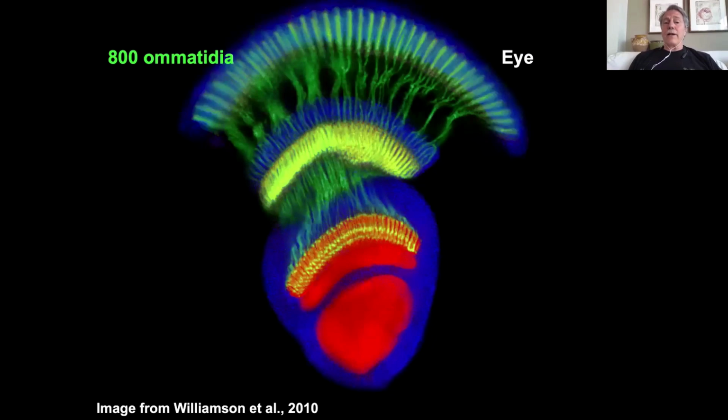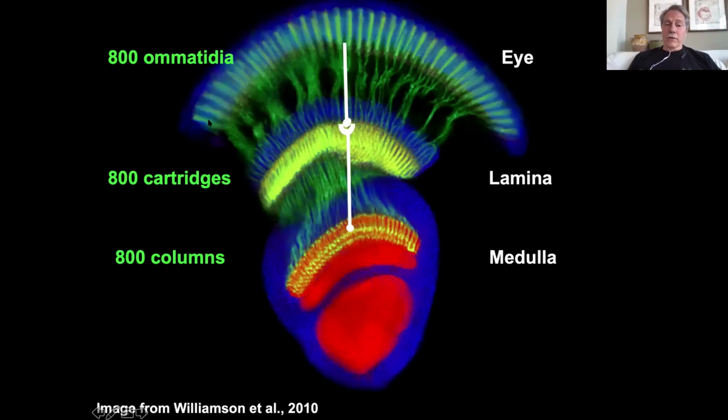Of course, the photoreceptors will project to the first layer of the optic lobe, called the lamina. It does so in what we call a retinotopic organization, which means things which are here project here, and things which are here are going to be here. It's true for every visual system: you maintain the image of the world on each part of the brain when this projects. So you might have 800 cartridges in the lamina, and the lamina has for main purpose to detect motion. You can see here how those photoreceptors are projecting into the lamina. These are the photoreceptors that are involved in motion detection.